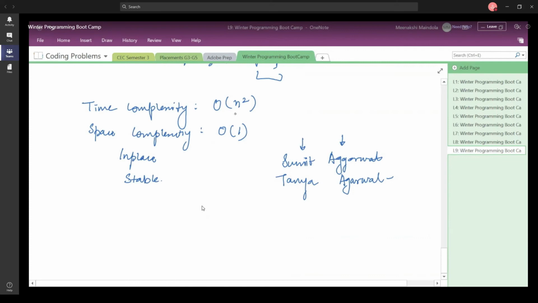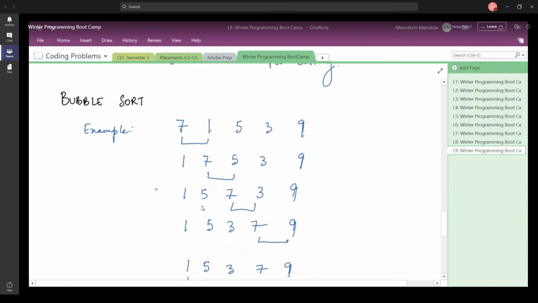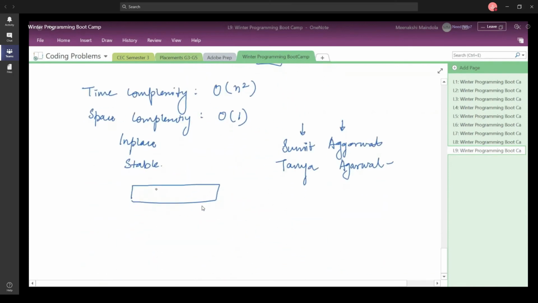Otherwise, if you want to look at stability in terms of integers only, then you can consider your array to have two elements with the same value. Let us consider the same example, 7 1 5 3A 9 and 3B.